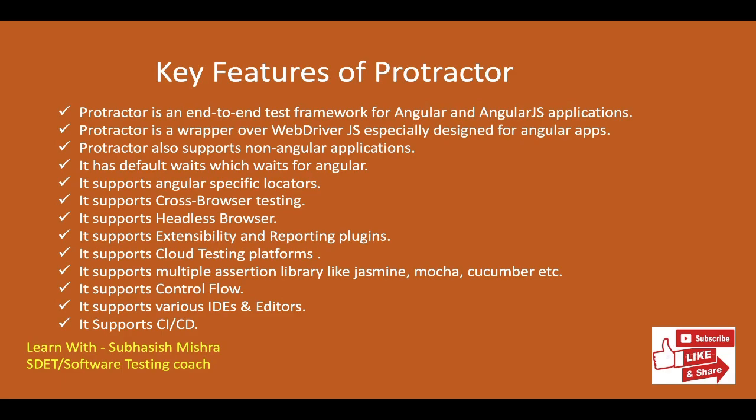For example, if you need an HTML report, you can use Jasmine HTML reporter. It is easy to configure the report in Protractor. Jasmine HTML reporter is one of the report generation frameworks which produces HTML reports for your specs. We'll see how to do those things in our next video.